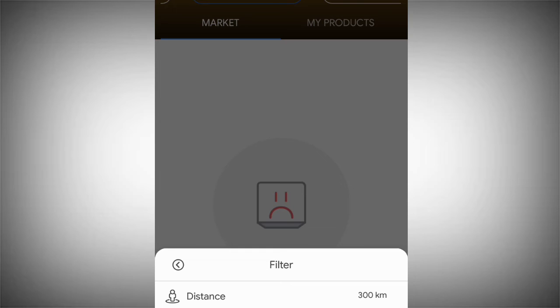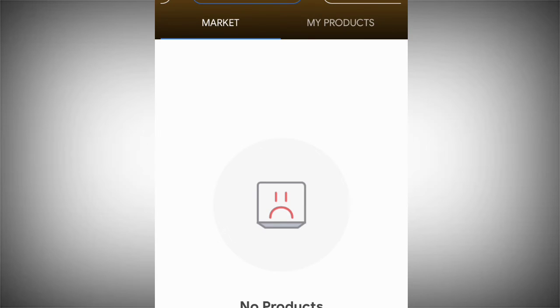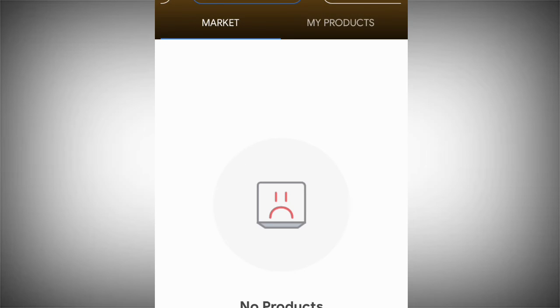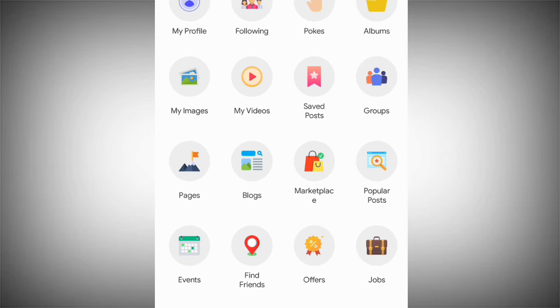So take, for example, if people have listed items away from you where you can reach, you can pull this filter here and say you want 42 kilometers somewhere near you, and then you can refresh. You'll see. And if you want another product, you can click here and sell your products. Of course, we are sellers and we do business, so this is the best place for us to start making